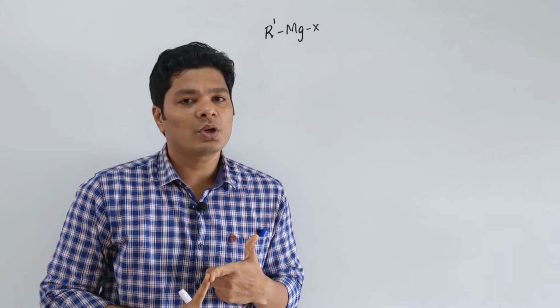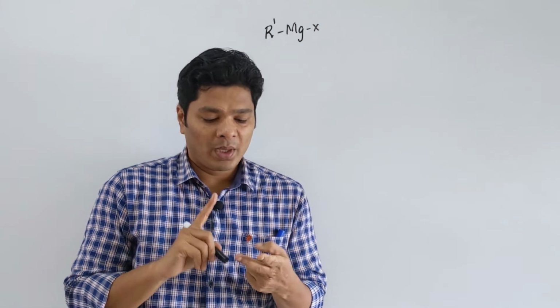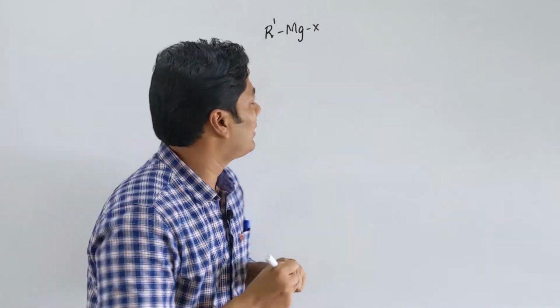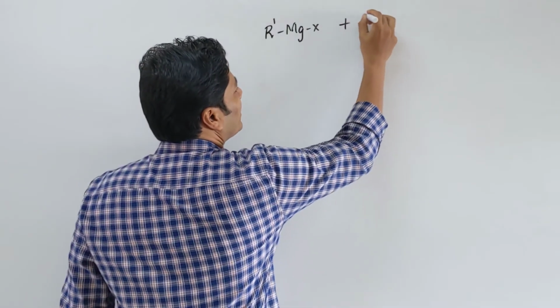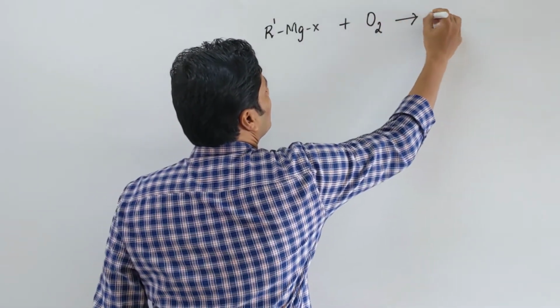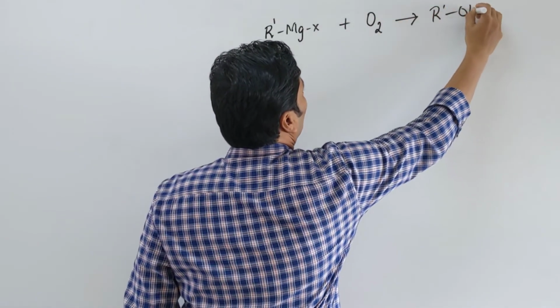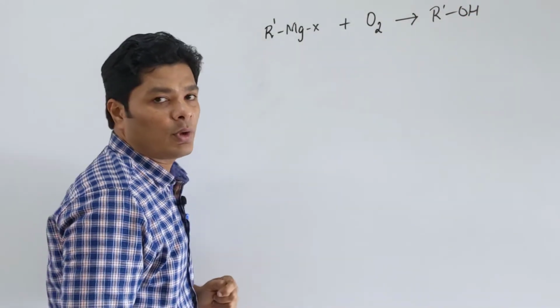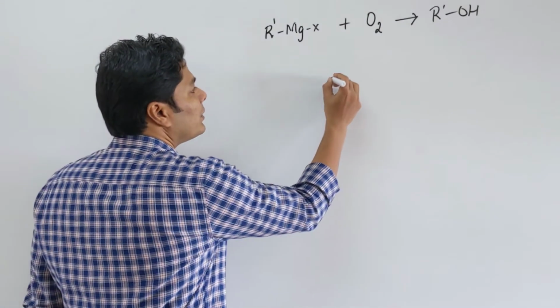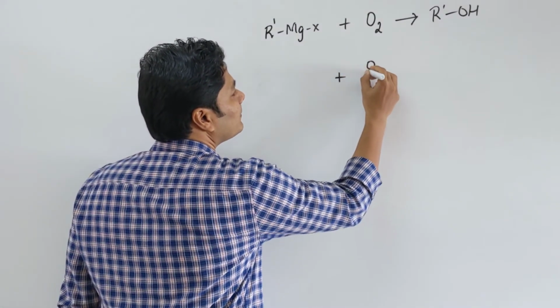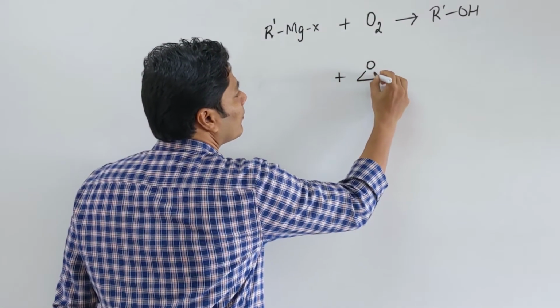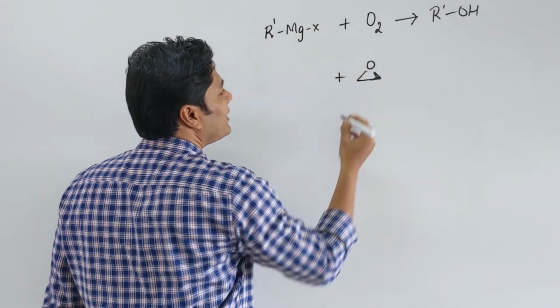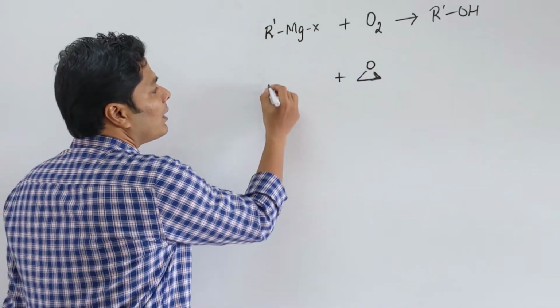Grignard's reagent can also give you alcohol with two other types of compounds. One is pretty simple. When you react with oxygen, it gives the corresponding OH. No complication whatsoever. Whatever R group is there, it is going to give you the corresponding alcohol. The other one that you want to remember is a cyclic ether with two carbon atoms,